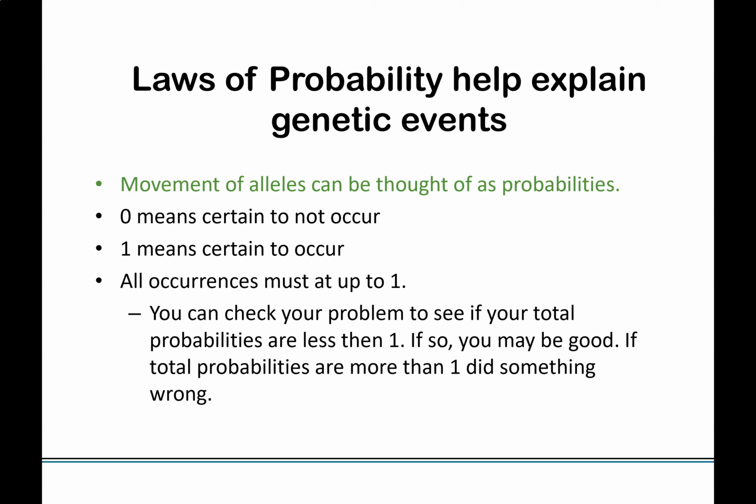When you work with probabilities, all of the occurrences must add up to 1. So the chance of flipping heads is 50%. The chance of flipping tails is 50%. The combined chance is 1. So you can use that idea as a way to check your probability calculations. The only thing I will say is that if you do that, you actually have to calculate all the probabilities. So it may not be helpful, but it is helpful to keep this in mind, because if you end up calculating a probability that is greater than 1, you know that that cannot actually happen.